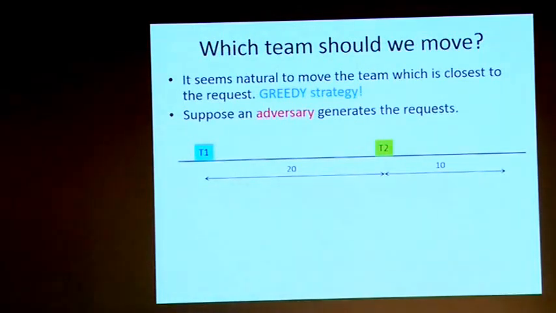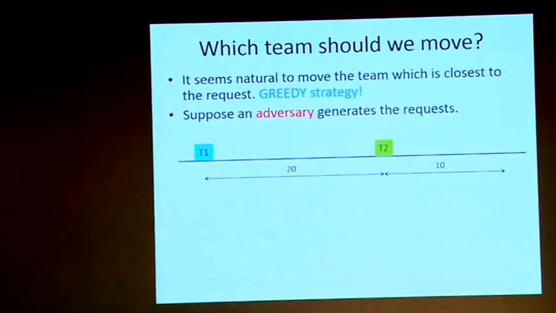So a natural strategy is what one would call the greedy strategy, what you all would think right away. Just move the team which is nearest to the place where the request arose. How difficult can that be? We will assume that we know nothing about these requests. In fact, we will make our life difficult and assume that there is someone who is out to make us look bad, who is adversarially generating these requests. He or she will generate the requests in such a manner that our algorithm looks really, really bad.